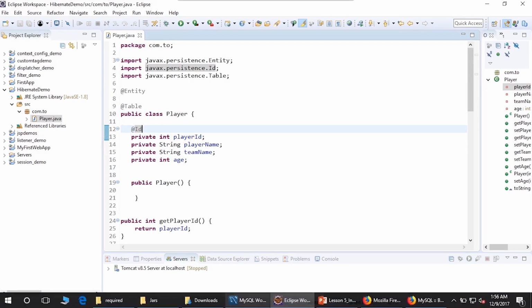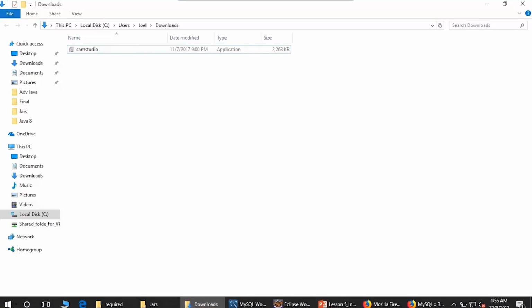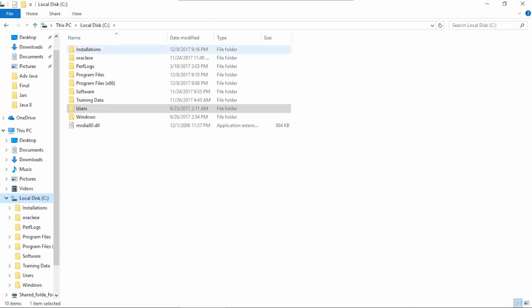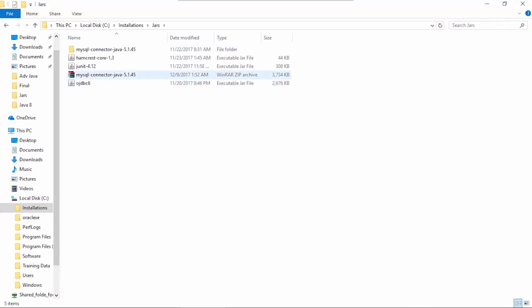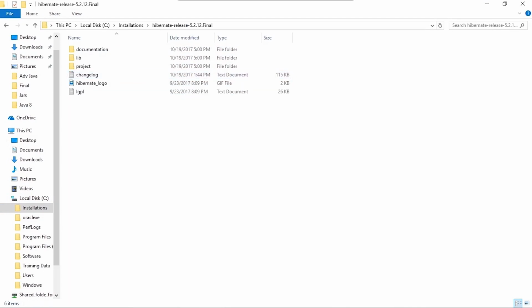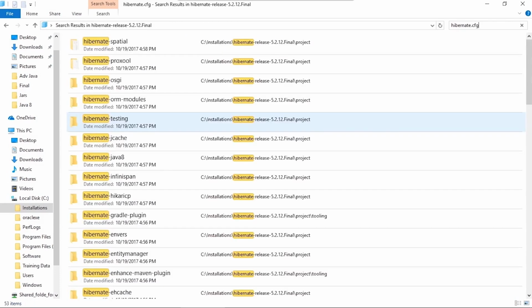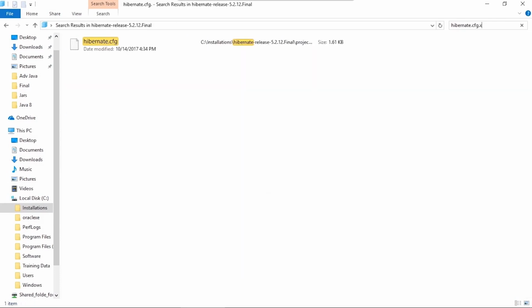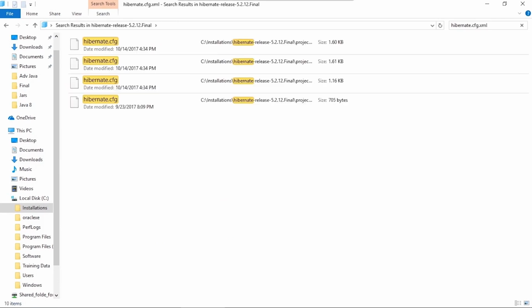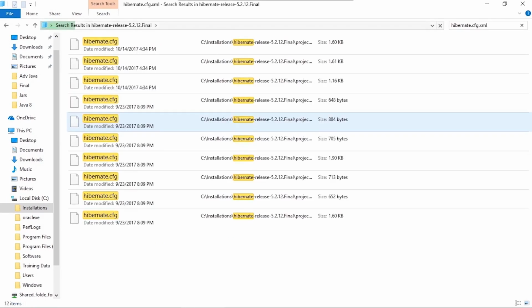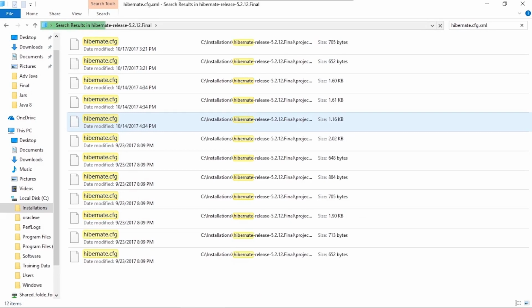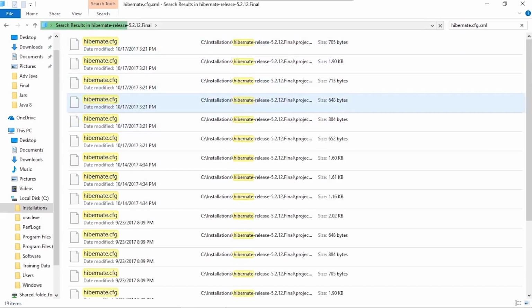Now let's browse to the Hibernate folder, and within it we will search for hibernate.cfg.xml, and you will see that there are a couple of CFG XML files that come up, and these are the ready-made configuration files that are there in the folder, so we could just pick one and use it.